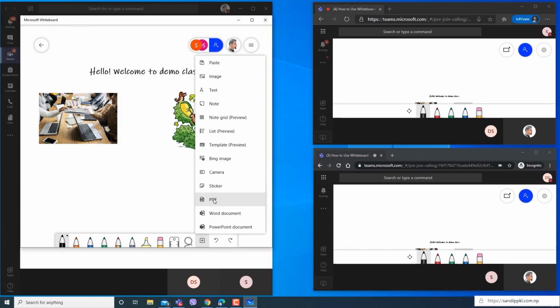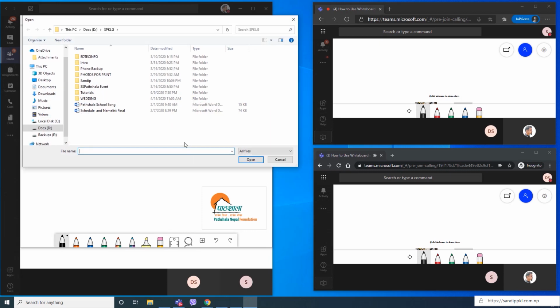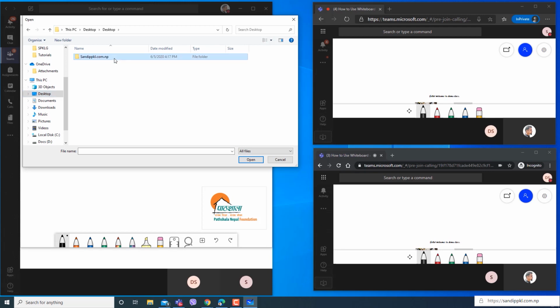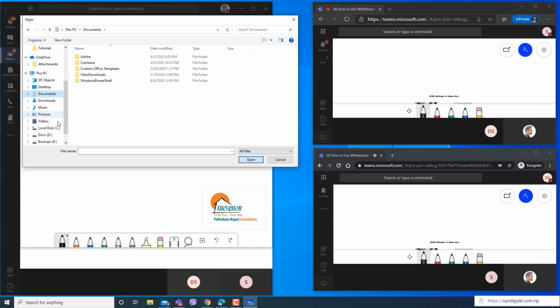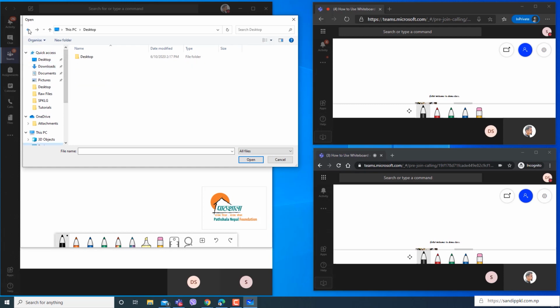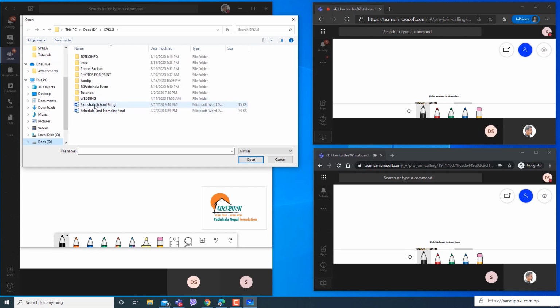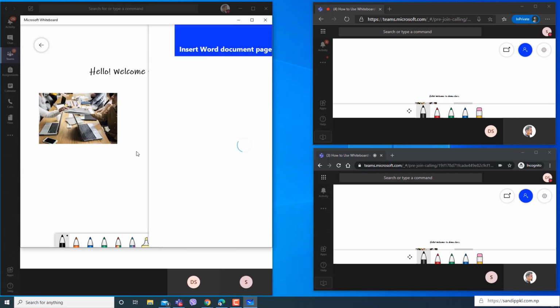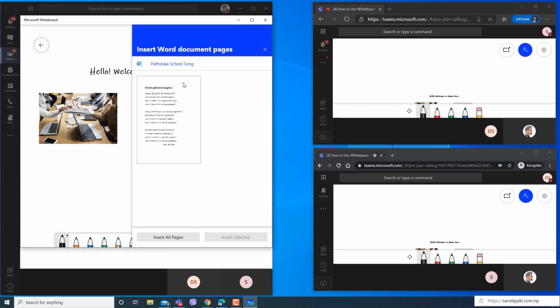You can insert Word file also. Similarly, you can select Word document, locate the file where you have kept it and place it here. Currently I don't have any here. Next, okay, here you can see I am inserting one Word file.